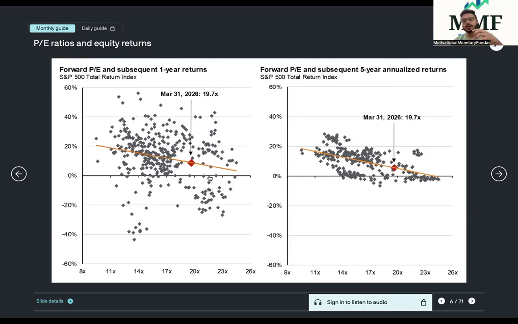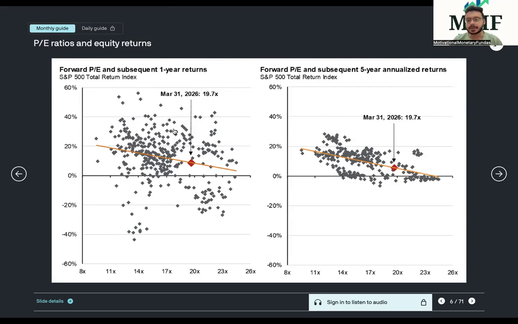That is based upon 31st March 2026. On 31st March 2026, we have calculated the 1 year forward price to earning multiple. So based upon that multiple, which is calculated as on 31st March 2026, what can be the 1 year subsequent returns for the S&P 500? And the same can be done for Nifty 50. The Shiller's PE can again be calculated for Nifty 50 as well, right?